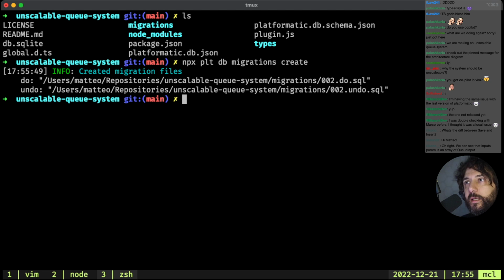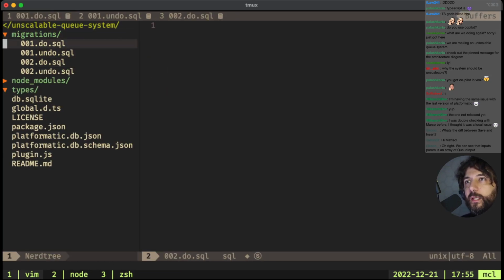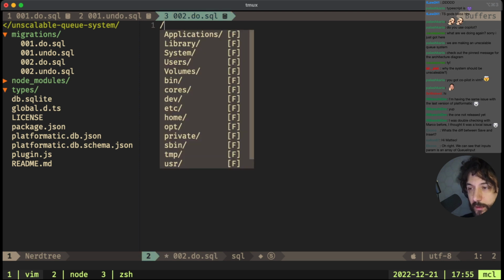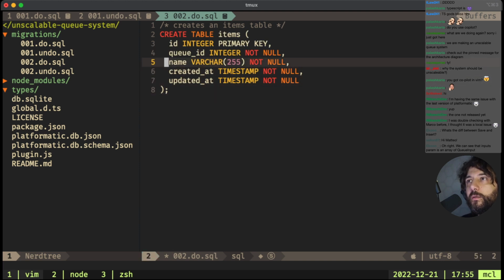Okay. And we have created a couple of new migrations. Okay. So let's create an items table, and let's ask Copilot to do it for us. Okay. We want the QID. That's cool. We don't want the name.